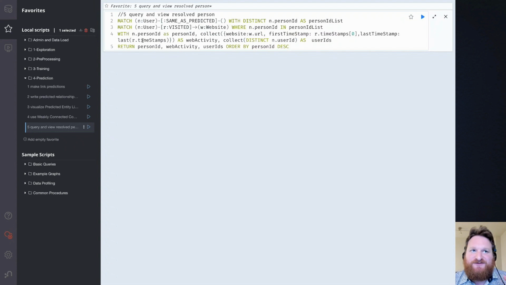There are lots of different ways you can do this. It's pretty easy to do. One example here, I'm just saying, hey, match all the users that have some same as relationship that we predicted connected to them, get all of their person IDs, and then collect the user browsing activity, the website visiting information for those persons. And lastly, consolidate that activity by person ID. And when I run that,